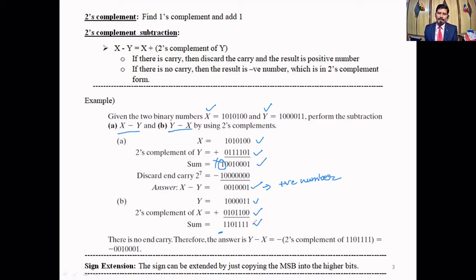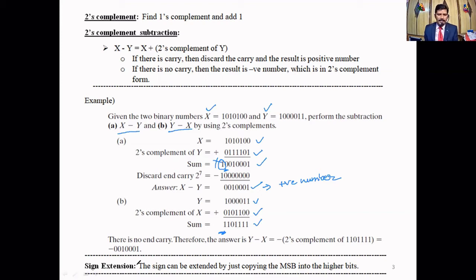Because this is the 2's complement, then 2's complement back, convert into decimal. This 1 indicates the MSB; 1 indicates a negative number. Previously, see the answer, this 0 is the MSB; 0 indicates that it is a positive number. So if you want the equivalent of this sum, then convert back using 2's complement. 2's complement of this sum will give you minus 17, right? So this is all about 2's complement, right?